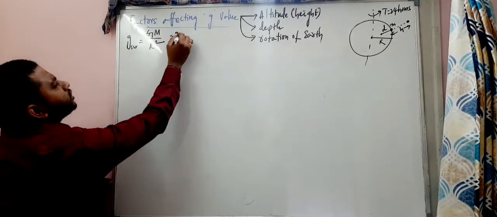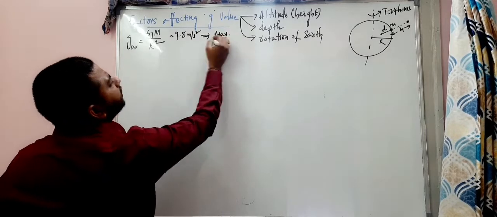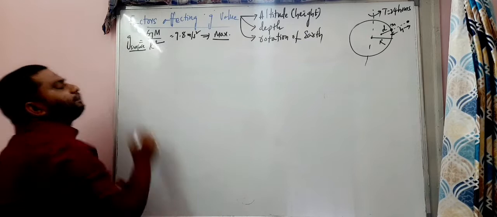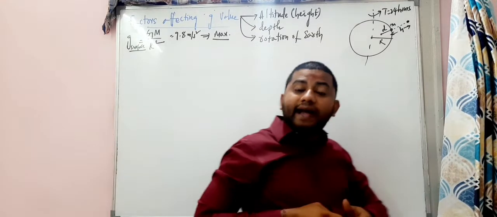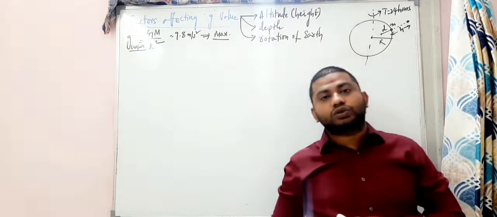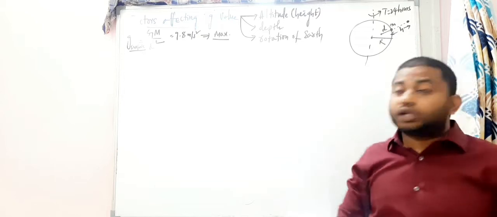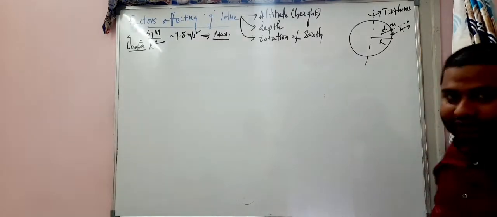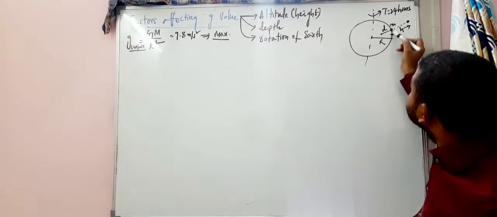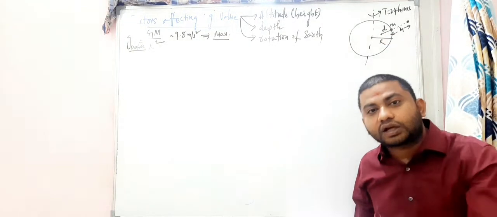I'm writing the same. So 9.8 meter per second squared is maximum on the surface. And at any other place you take, the g value changes. It will not be 9.8, my dear students, it will always be less than 9.8. When you take the body to some heights, the g value keeps decreasing. When you take the body to deeper levels towards the center, the g value keeps decreasing.